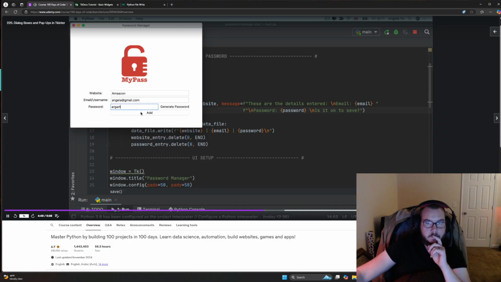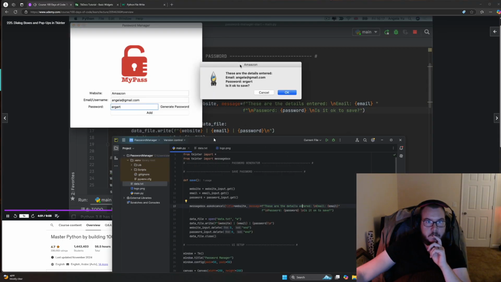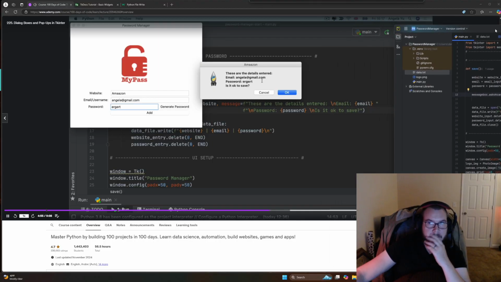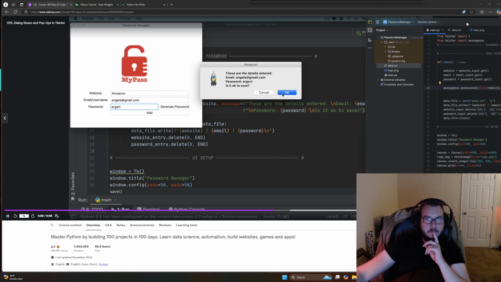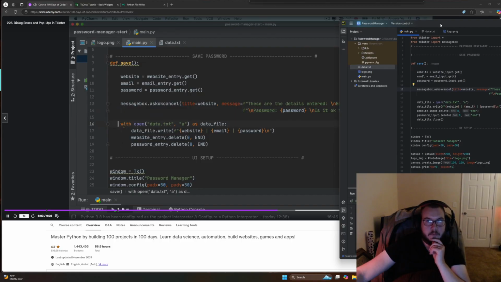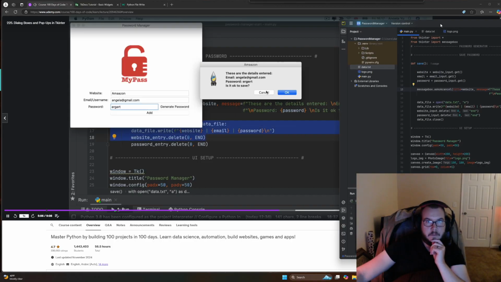And I click add, I get my pop-up and it says, these are the details entered. This is the email. This is the password. Is it okay to save? Now, what I want to do is when they click OK, then for that action to go through and for us to write to our data file. But if they click cancel, I want them to be able to go back to the screen and edit it